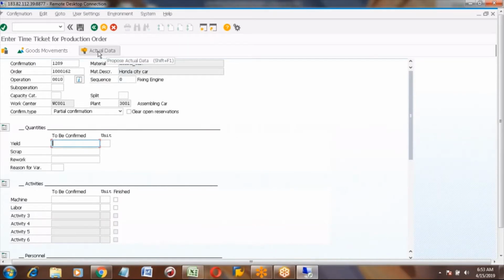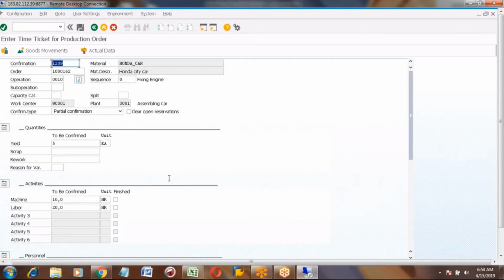I'm just clicking actual data. You can see this order has 10 quantity. You need to confirm this 10 quantity if you manufacture it. For example, out of 10 cars, you manufactured only 5. Then you remove this 10 and enter 5, press enter.